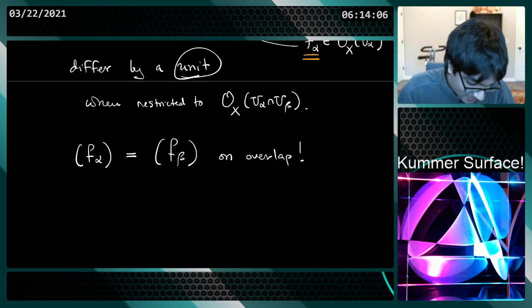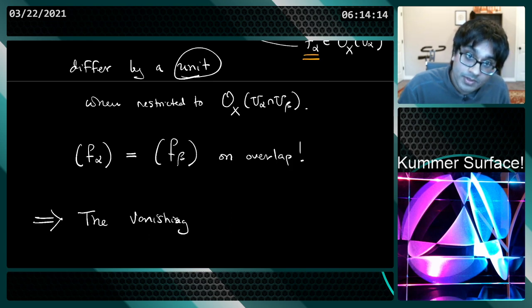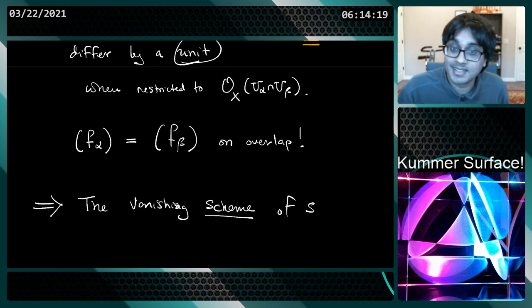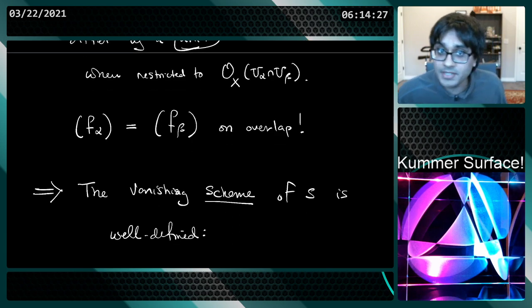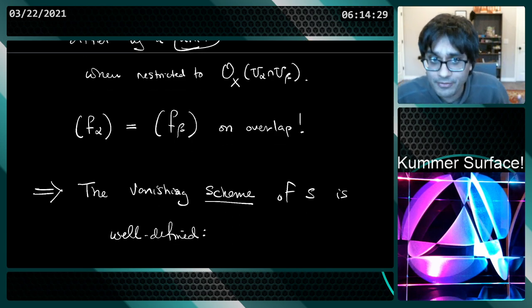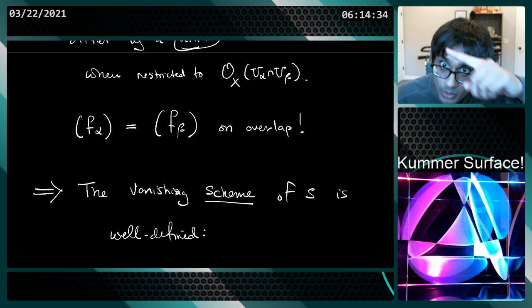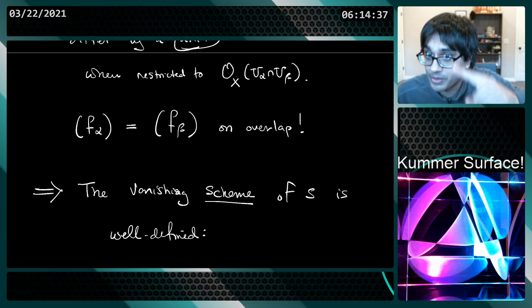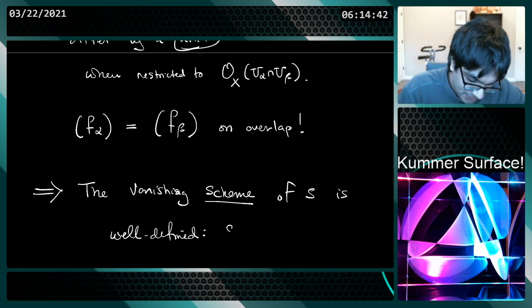And so therefore, the vanishing scheme of S is well defined. It is, if you'd like, the union of all of these f alphas, f betas set equal to 0, scheme theoretically. So you're just quotienting out by that principal ideal everywhere. Just that ideal. Or holding that ideal, sheaf of ideals. It's the sheaf of ideals